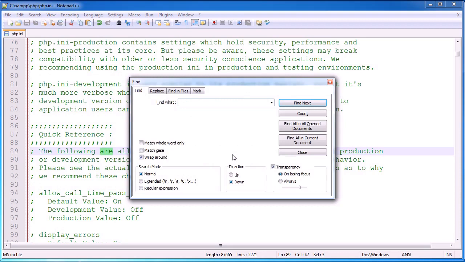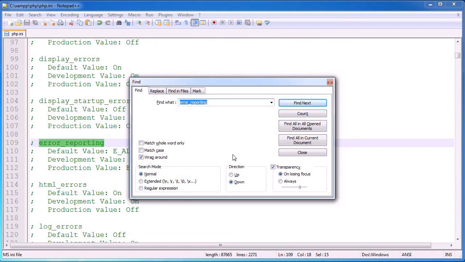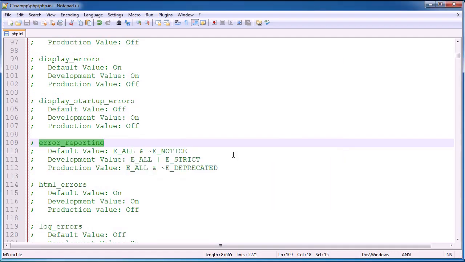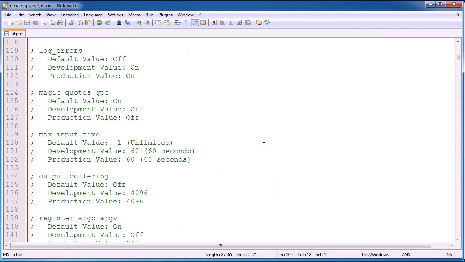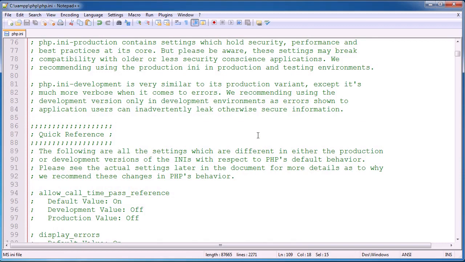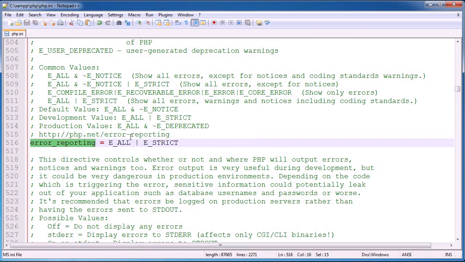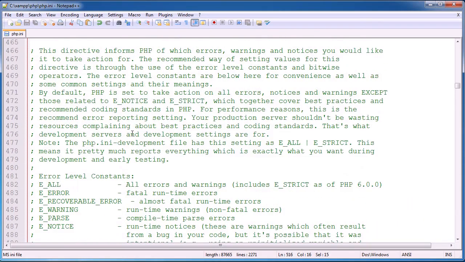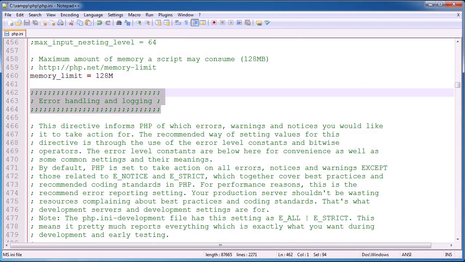So I'm going to press Control F to search, however you're doing this, whichever text editor you're using. I'm going to search for error_reporting. And you can see here we're down to some kind of weird section. That's not quite right. Let's hit F3, and you can now see we are looking at the error reporting property, which, as I've said, can be set from PHP, but we're looking at it more directly in here. So if we scroll up a bit to where we have this error handling and logging header,